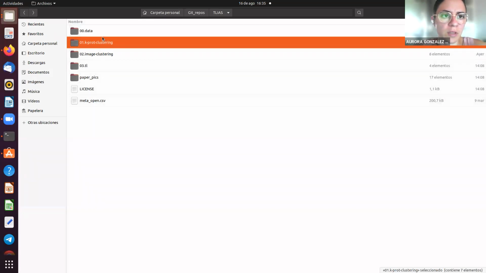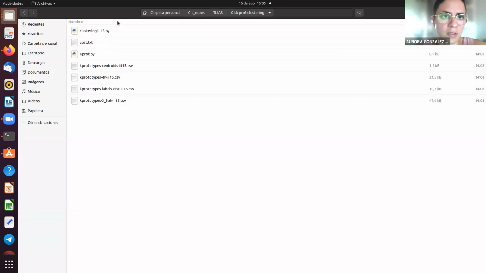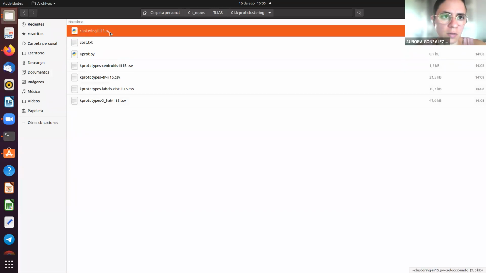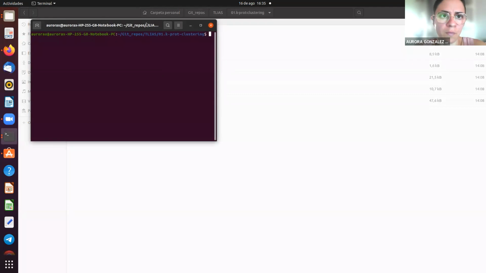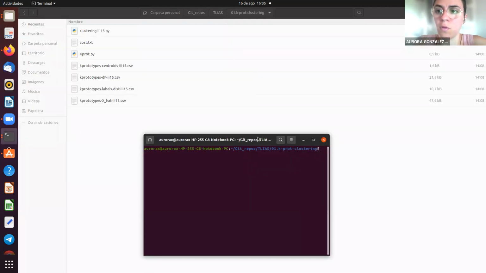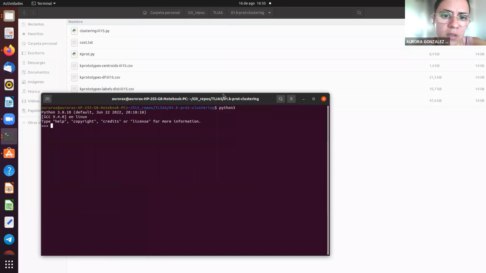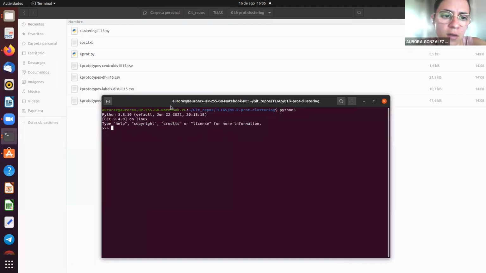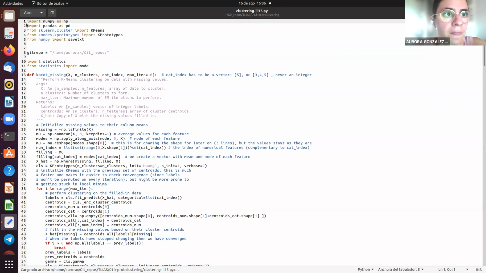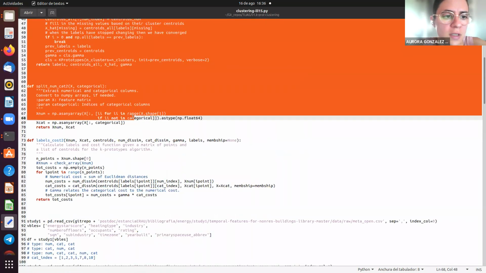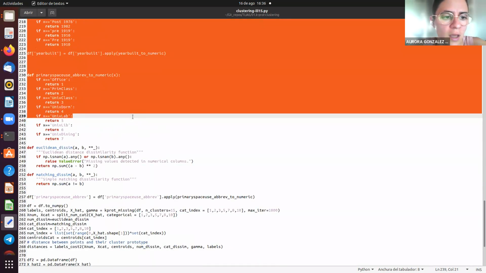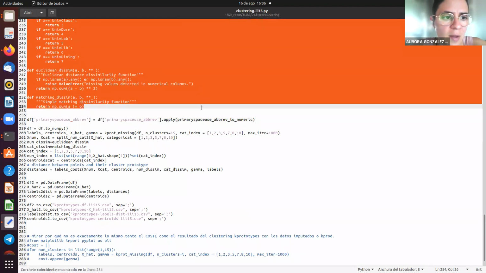So this is the whole repository. Let's start in the first folder. From here, the code is just in this Python script. So what do we do? If we don't use a graphic user interface for Python, we can just use the terminal. And then we started in this path. For the first time, I'm just going to run everything, and then we will go step by step,